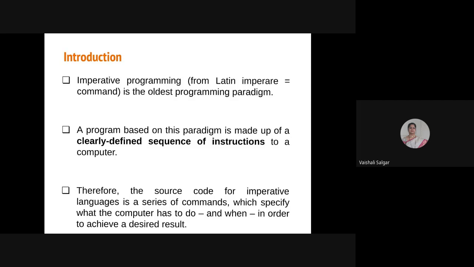When we say it has to specify what the computer has to do, in order to perform a specific operation, how the control is supposed to flow, and if you want alternative options, which control statements you are using and how the control will flow, each and everything is specified properly in order to get the desired result. So these instructions are clearly mentioned so that your computer understands what to do and how to do it.